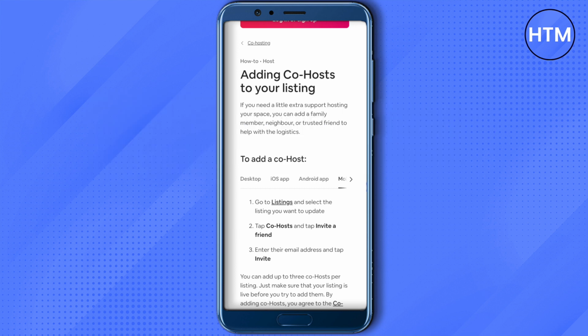For that you will have to ask someone else who has a live listing on Airbnb that you want to become a co-host for, and only they will be able to invite you and make you a co-host. So if your friend has a listing, or if you have a listing and you want your friends to become co-host,